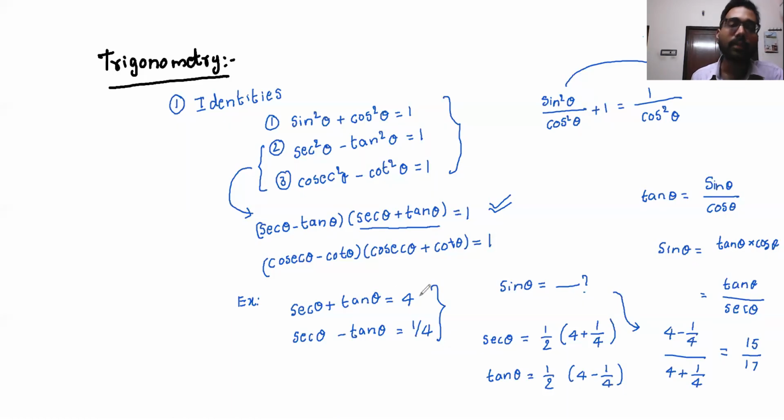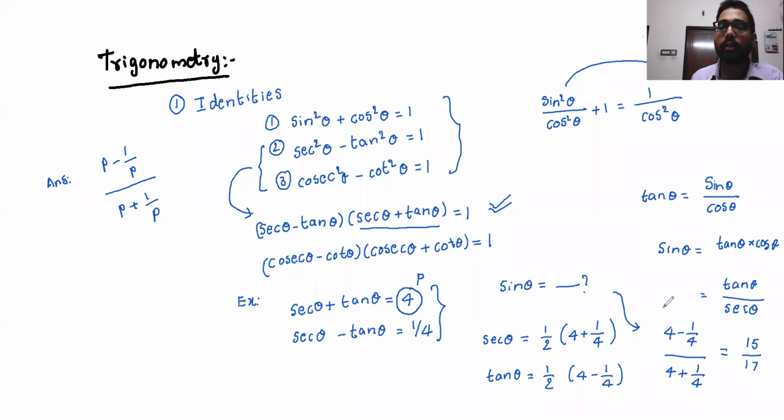In the previous case itself, if you want to generalize it, let me go to the previous slide. Suppose in the question instead of 4, they give us some value p, then this will be 1 by p. So accordingly, the answer will change. Here also it will become p minus 1 by p. In general, the answer would be p minus 1 by p divided by p plus 1 by p.